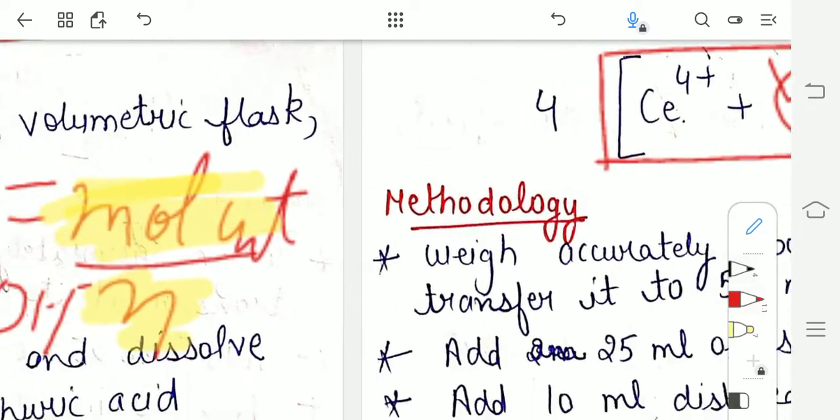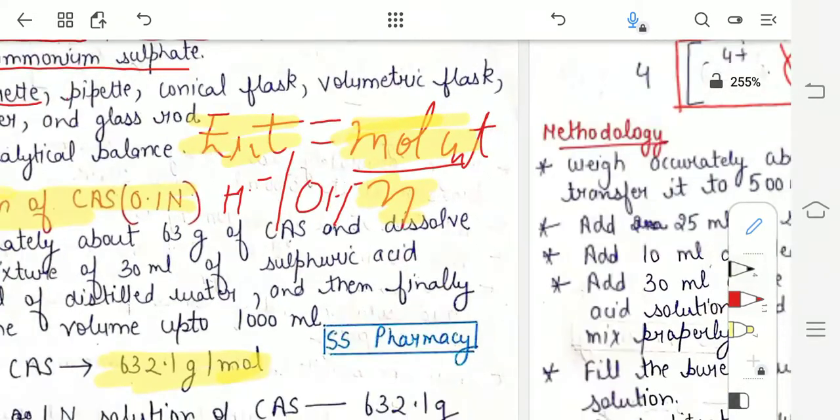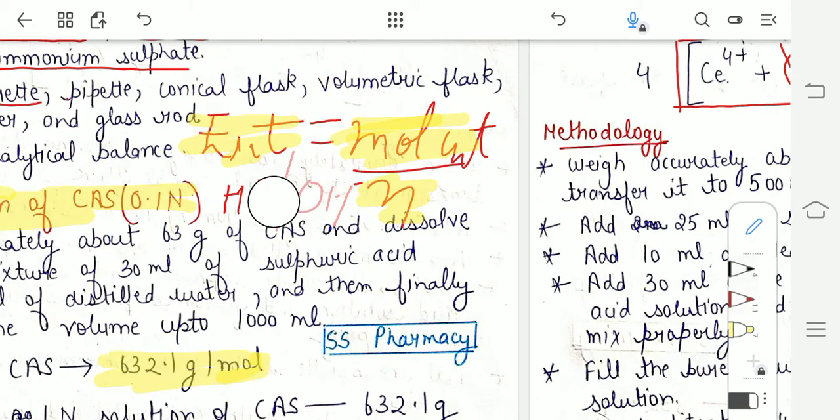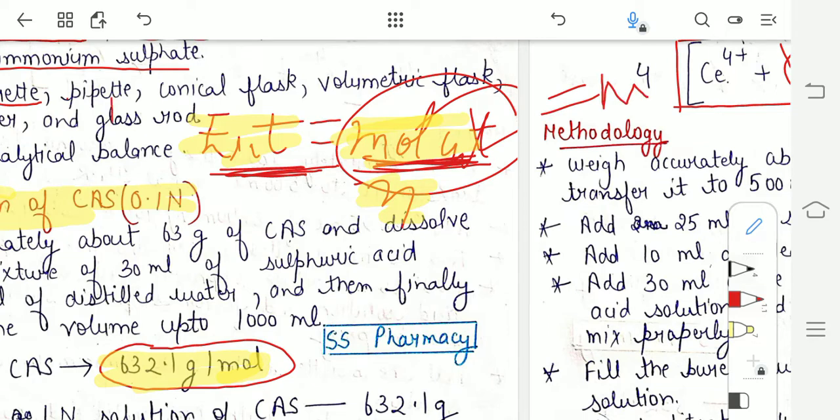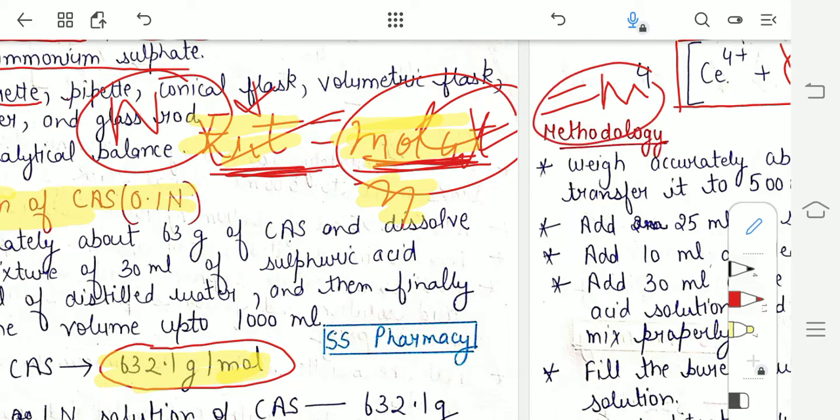So when we divide our molecular weight, which is 632.1 gram per mole, by 1, the value will be 632.1 gram per mole. Which means that over here the equivalent weight is equal to the molecular weight, and whenever the equivalent weight is equal to the molecular weight, it means that the normal and the molar solution will have the same strength. Why? Because molarity depends upon the molecular weight, and normality depends upon the equivalent weight, and if both of these are equal, it means that the normal and the molar strength are also equal. I hope up to here this is clear to you.